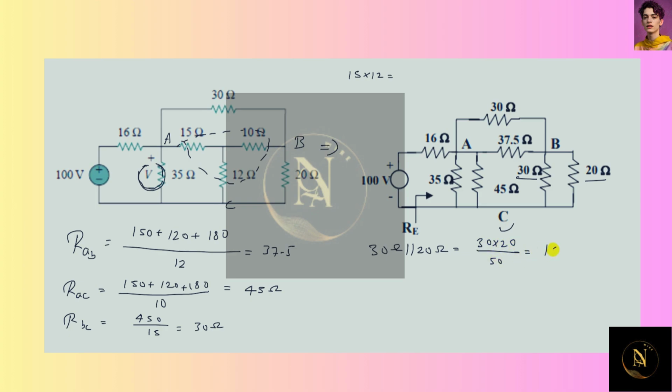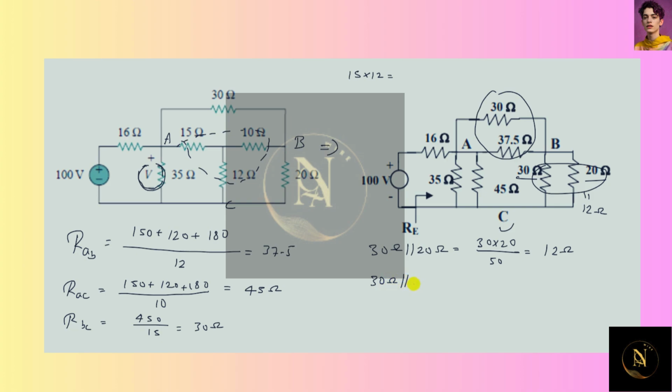This is equal to 12 ohm. And similarly these two are in parallel again. So these two are in parallel and these two are in parallel, so the equivalent is 12 ohm, and their equivalent is